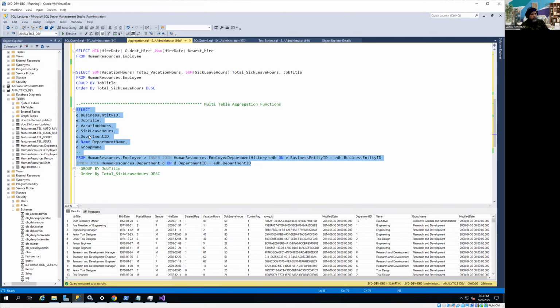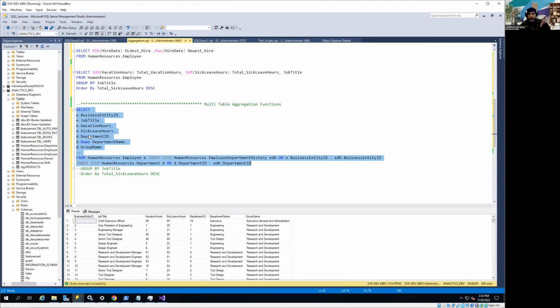So let's run it now. The only thing I did from the previous query to this one is I just selected the columns which I want to see, so I can build a query. So I have all the vacation hours and sick leave hours by the job title, but this time by linking these two tables, I have the department name as well as the group name. So group name is more like the parent department. And like I mentioned, in the organizational structure, one department has a sub department. So that's how they have actually managed the hierarchy